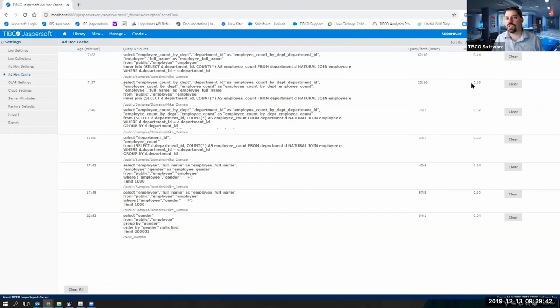But it's one of those things you really want to try to take care of while you're designing it. Because once people start building ad hoc views against your domain, you really have a hard time changing your domain because they're tightly tied together and we don't see both directions. The ad hoc view knows what the domain has. If you change what's underlying, it will break your ad hoc view. And the system will tell you that when you try to change a domain, much like when I tried to upload the schema and it said, hey, if you have any topics or reports based on this, they may break because you're changing the domain.